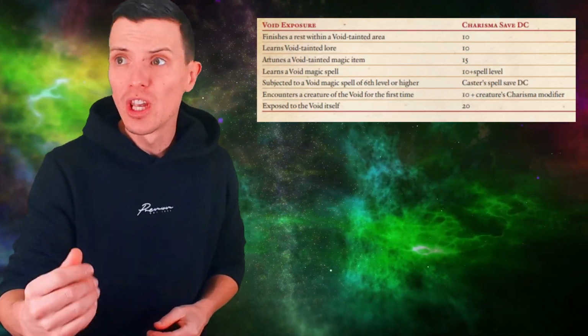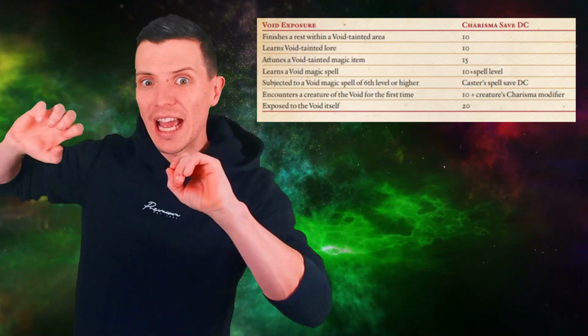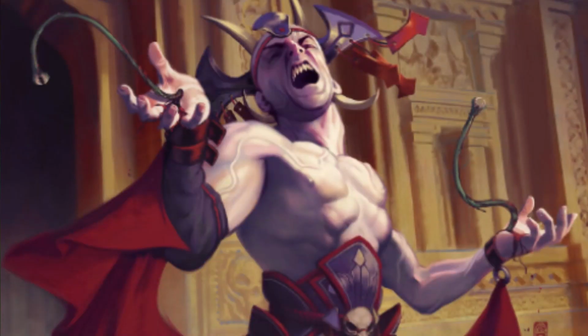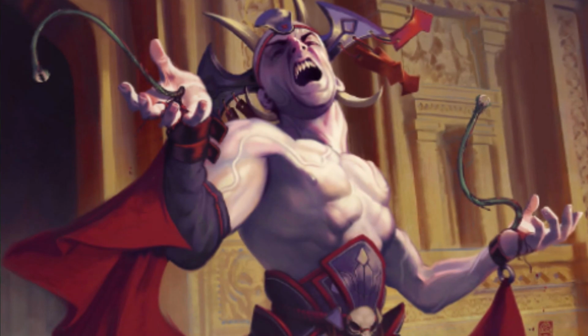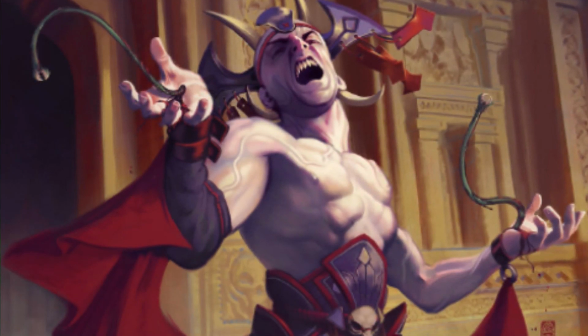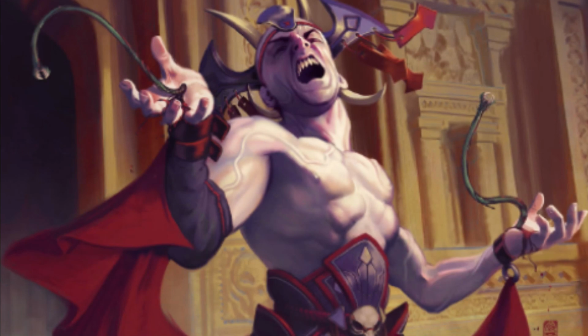And because of what I said earlier, everybody needs to roll these saving throws when they are learning new spells or touch magic items. For example, if you are a wizard and you come across this wall that has void speech on it and you want to read it because you think it's a new spell, you start reading it, you start bleeding from your eyes, you get blurred vision, and you become deaf for like 2 days or whatever because blood is coming out of your ears. Stuff like that will potentially happen even to you as a wizard and even to you as a void speaker.